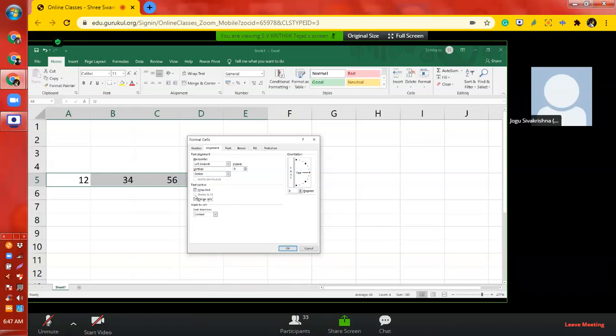Three options are there. What is wrap text, we will go through that. First of all, to the right side you have degrees, which is showing the degrees. So in a cell, how it should be designed, or how the text will be located and aligned on your cell. You can make the text aligned in some degrees. You can take 45 degrees there. Whether it is going to come or not, we will just see.